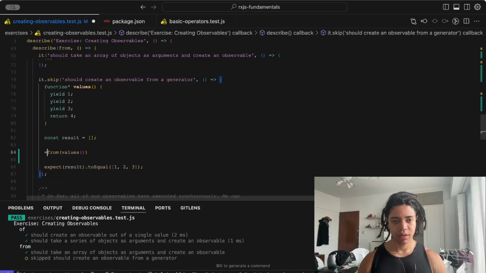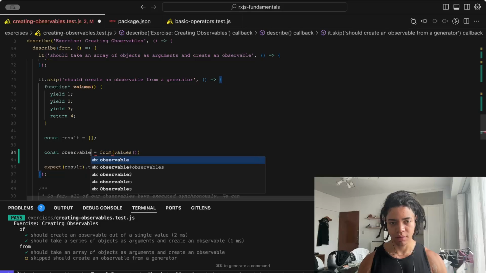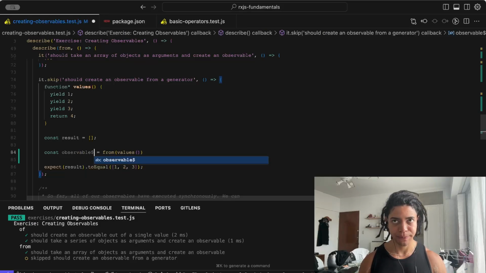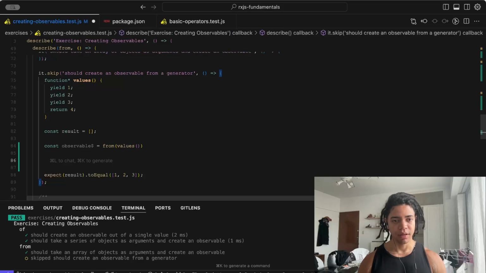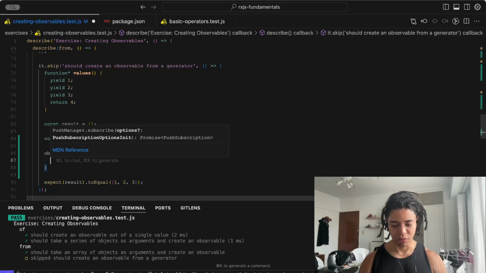I want to assign that to an identifier called observable, and then subscribe to that, and we're going to assume the happy path for this